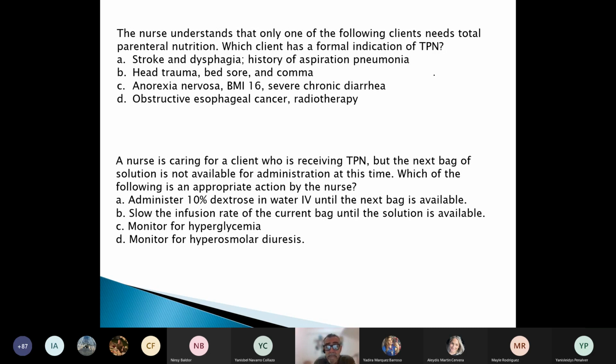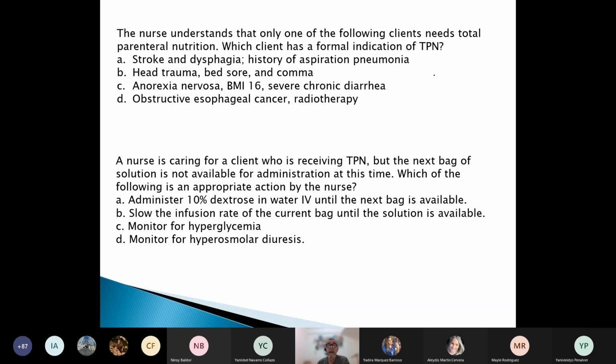So now the scenario is the following. The TPN, for A, B, or C reason, ran out. No more TPN. You are the nurse, and you have a patient that previously had a bag of TPN continuously dripping in the vein of the client. And you know that the patient is having high levels of insulin. So what is your concern? The most risky, acute, immediate complication of these glucose metabolism problems, which is the hypoglycemia.